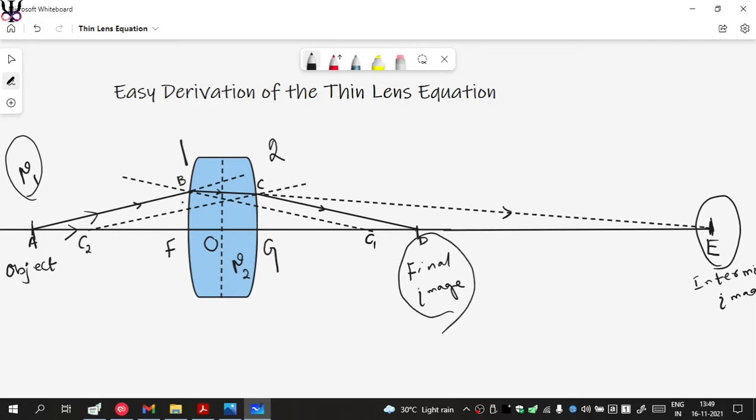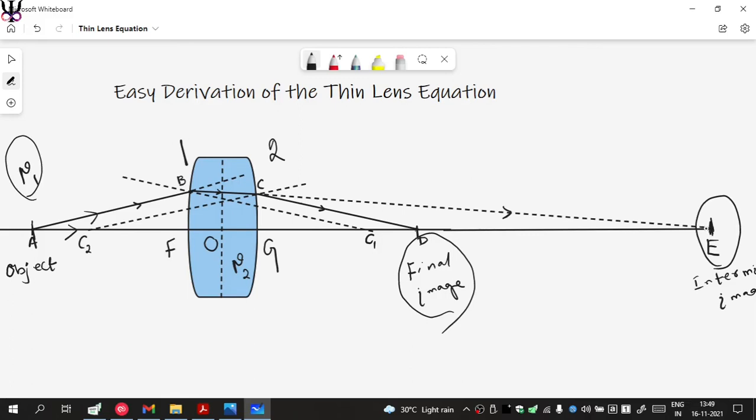So you can break this thing into two parts. Instead of looking at this lens as it is, just look at two cases. First, there is medium mu1 and there is medium mu2. First medium is mu1, second medium is mu2. Incident ray comes from medium 1, hits at B, gets refracted and follows its path BCE in medium 2. That's it. So single surface refraction.